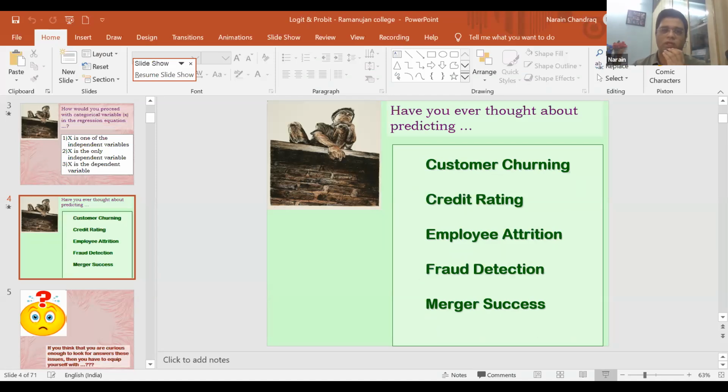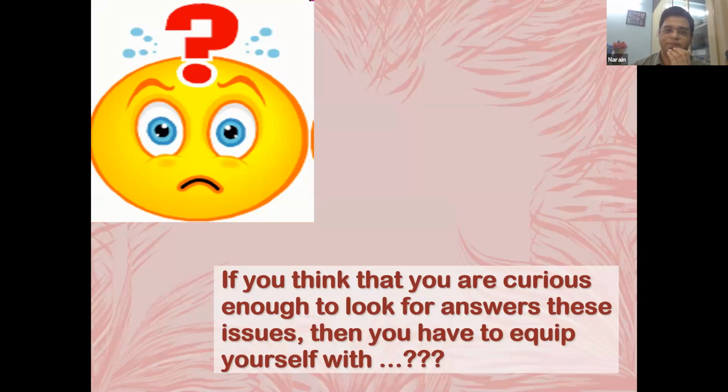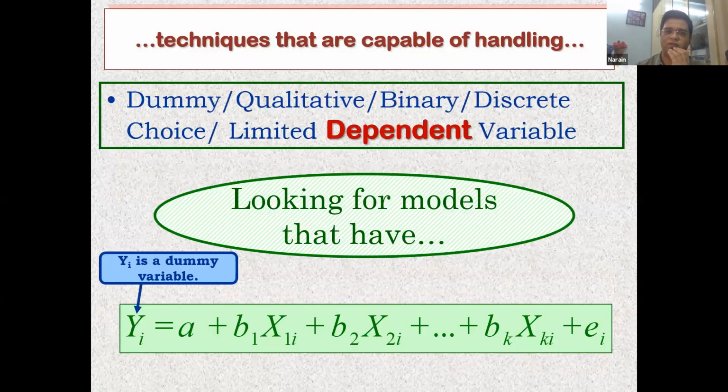So what we are referring to now is various cases in which we can refer to the dependent variable being categorical in nature. If you are looking at such cases, then something we can resort to is the Logit and Probit models, which we have been referring to. This is one such field where